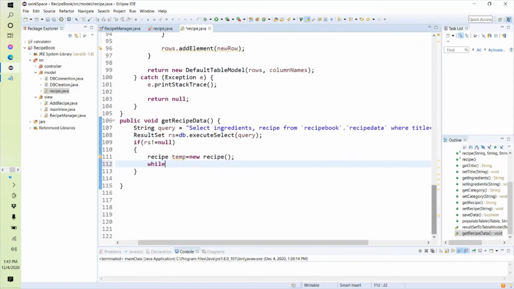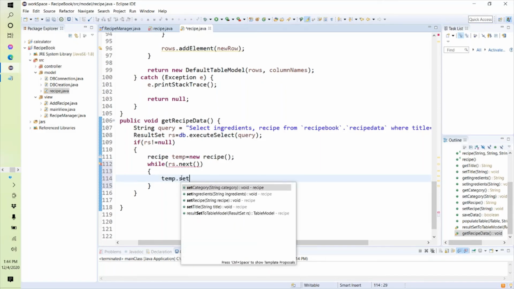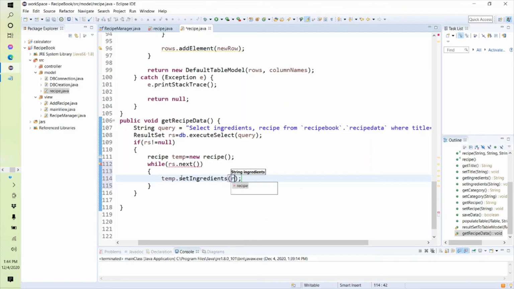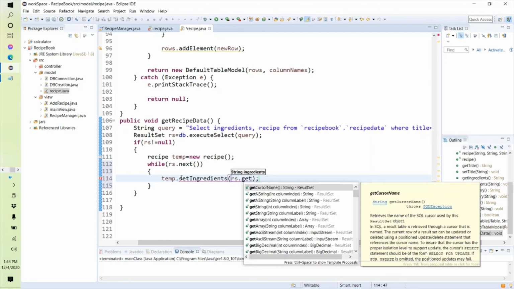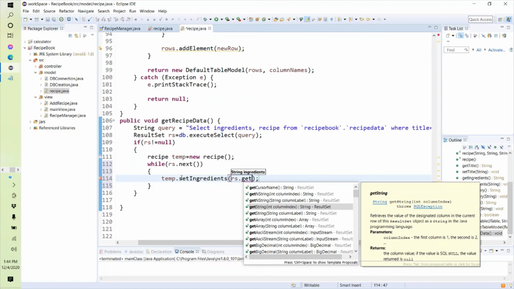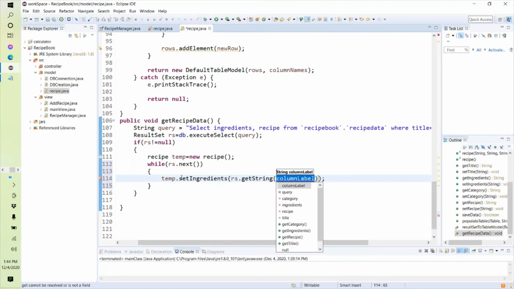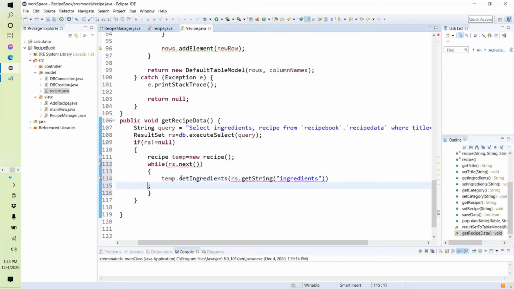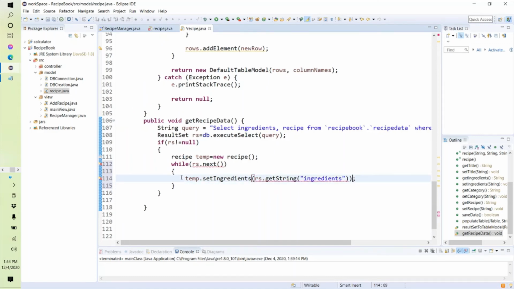Now I will simply say while rs dot next I will take its first ever row because that's where my data is. So this rs.next will take me to its first row where my required data is, and I will simply say temp dot set ingredients rs dot get string, and here it requires me column index or the column label, so I can give it the column label like ingredients, and similarly for the recipe as well.